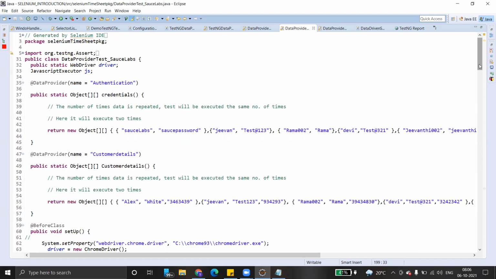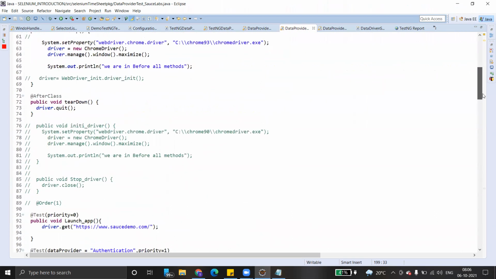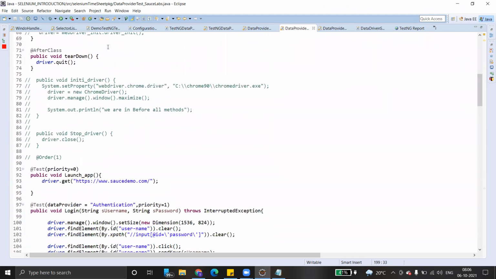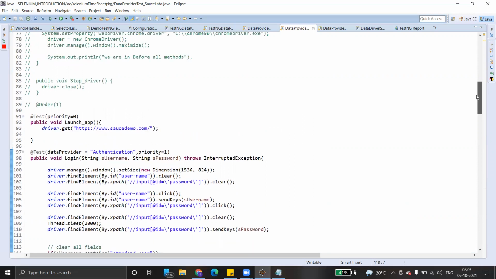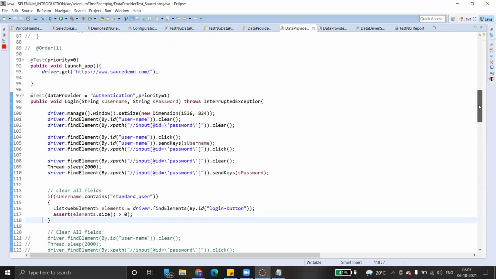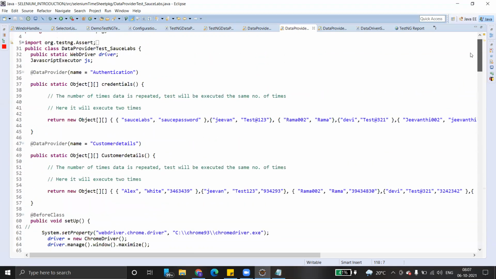Login test case has been executed six times. And then coming to tear down, where we are just closing the driver, launching the application, we are simply launching the application. And data provider with login functionality. Here we have added the data provider equal to authentication. So this is username, this is password. Same values you are passing in our test script. Here you can see username dot send keys of username, password dot send keys of password. That's all. There's not much difference. Whatever username and password we are passing as formal arguments, the same arguments we are passing in our test script.